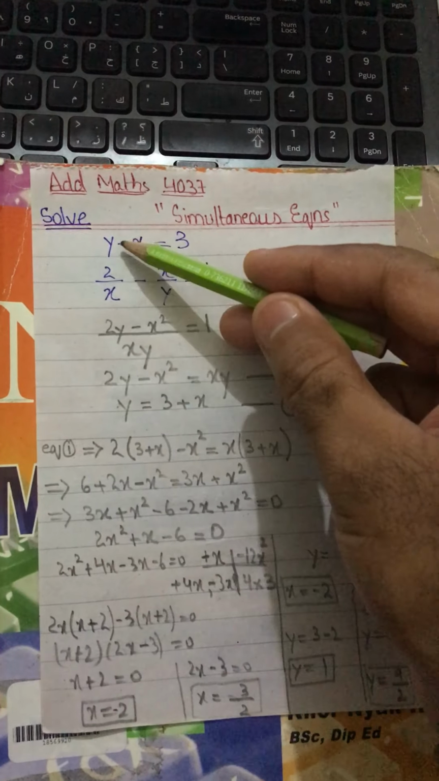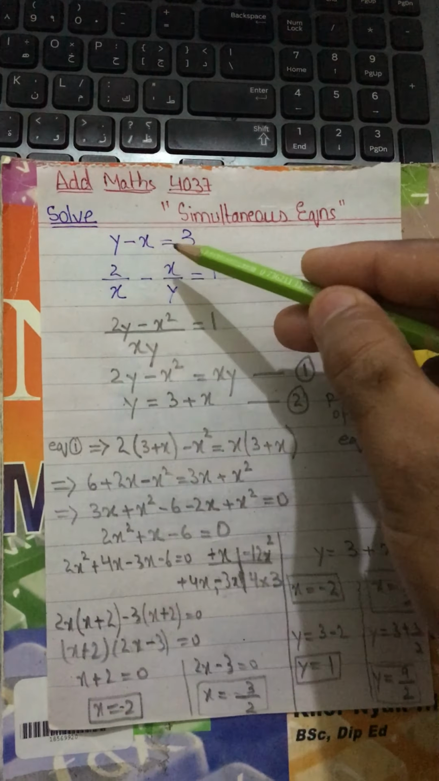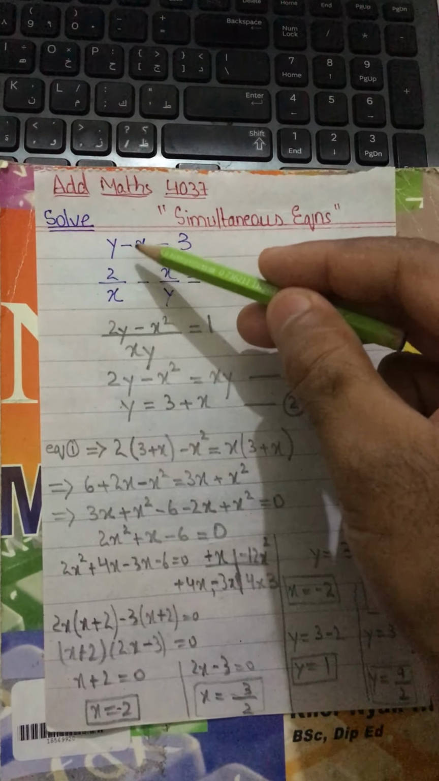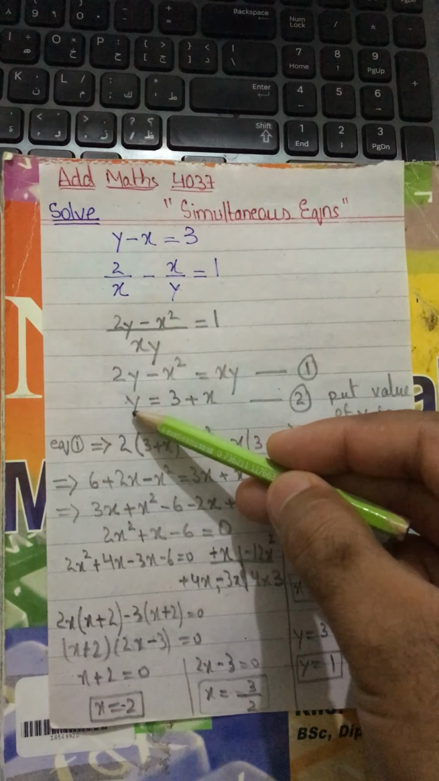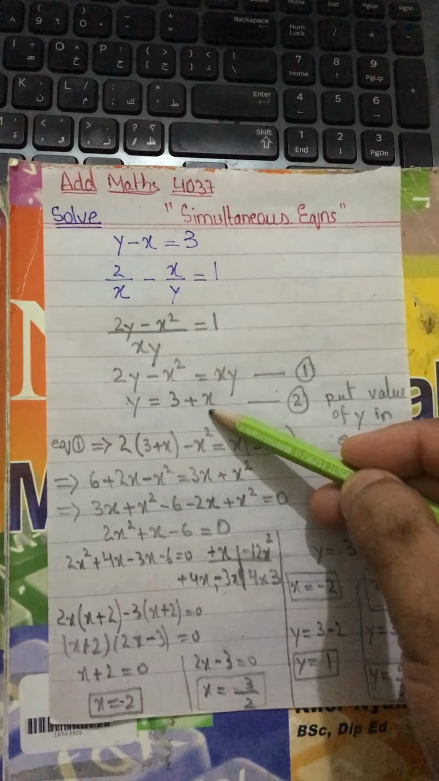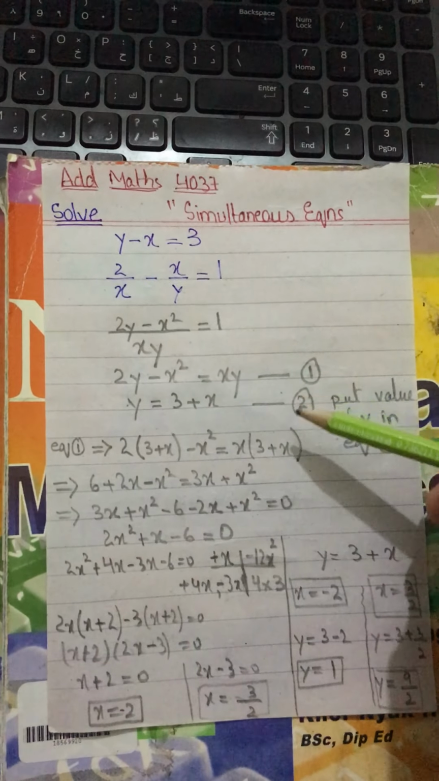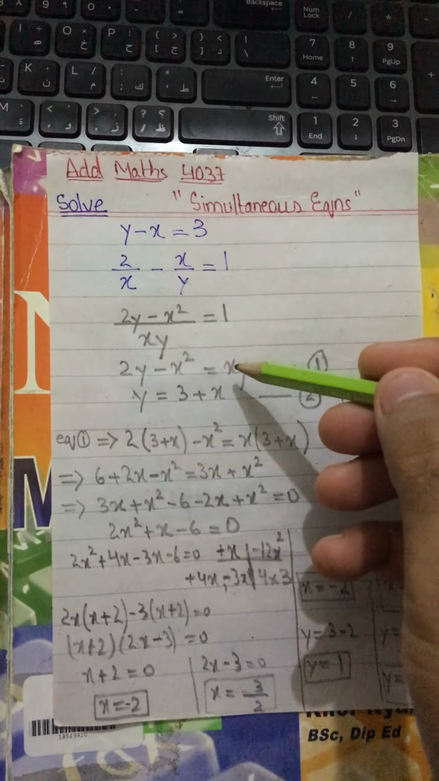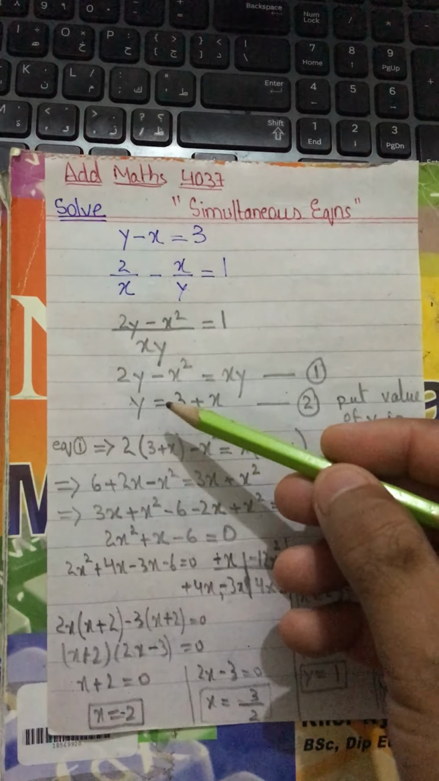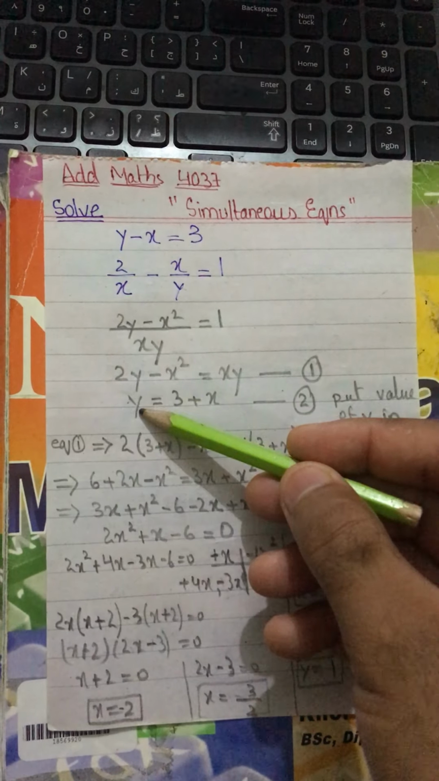I can write this linear equation in simplified form by moving this minus x on the other side. So it will become y equals 3 plus x. So these two are my equations, and now I can clearly see that this is a non-linear equation and this is the linear equation, and I have been given the value of y, so I will just substitute this